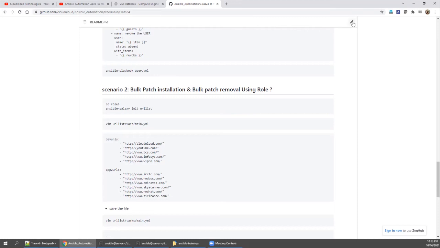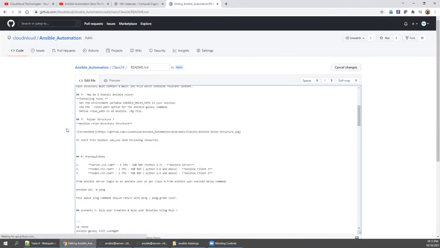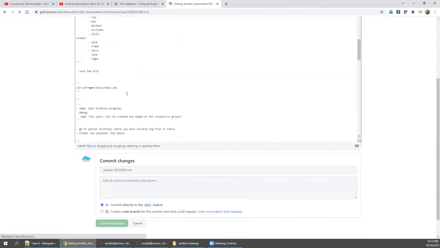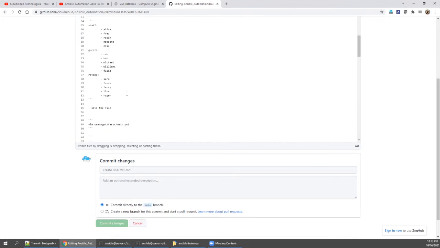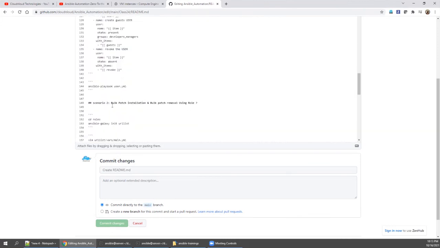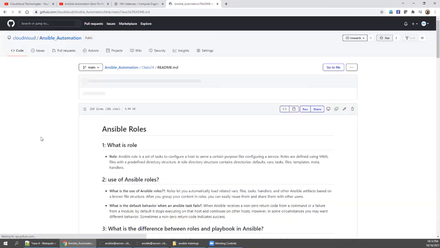So the name is something we need to change, so let's go and I'll update it now itself. Let's say bulk URL checking. Let's save it so that it won't cause any confusion.